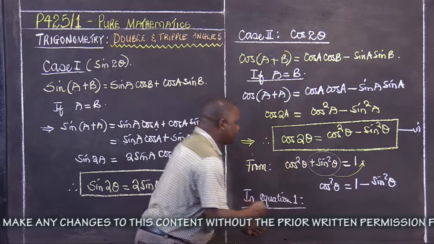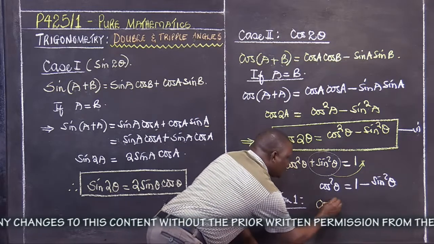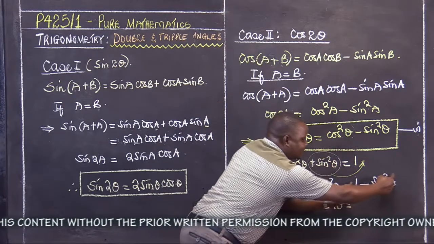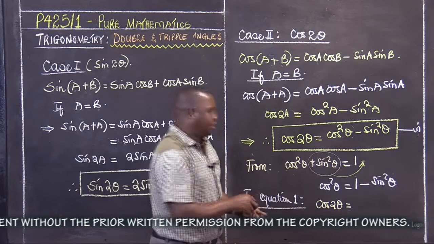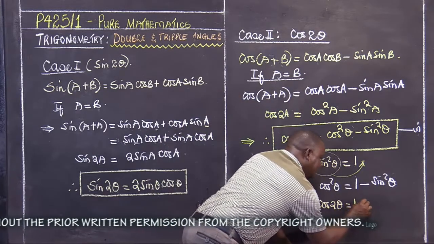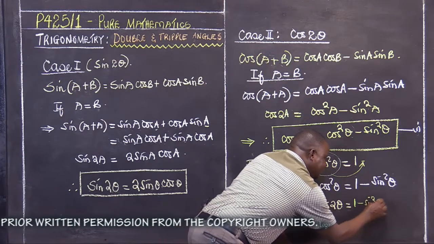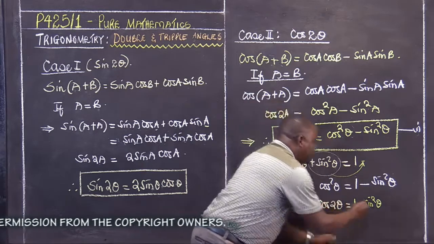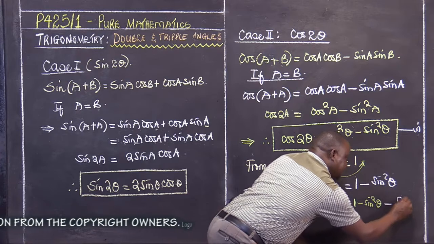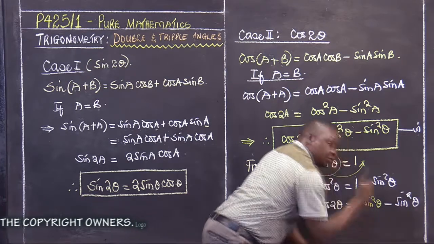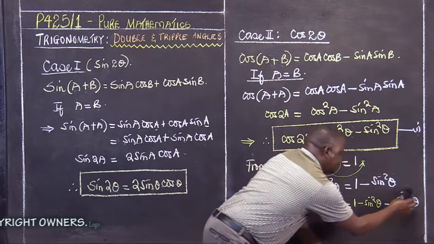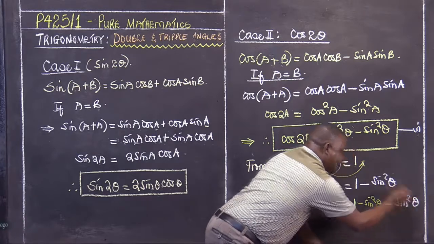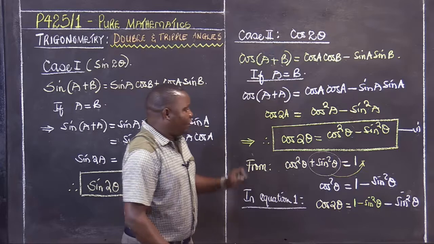We are going to have our cos 2 theta equal to what? Remember, our cos squared theta is now 1 minus sine squared theta. Put it there the way it is. We have 1 minus sine squared theta, this is representing our cos squared, which was up here. But we have our minus sine squared theta. Write your squared very well. Don't write like I've done it. Let's write it nicely so that it looks like really it's a square. Hope that is beautiful. Now, when you look at this one critically, you go